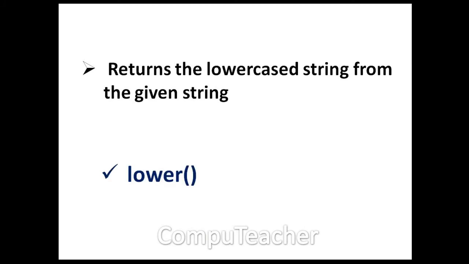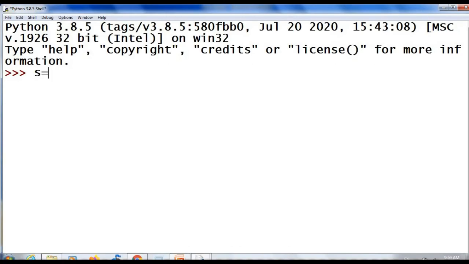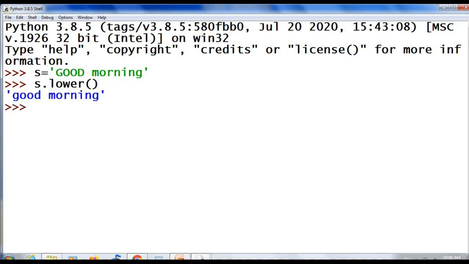It is lower. s equal to "GOOD morning", good in uppercase letters, morning in lowercase letters. s.lower(). See the result? The string in lowercase letters. That is, this method lower returns the lowercase equivalent of the given string.